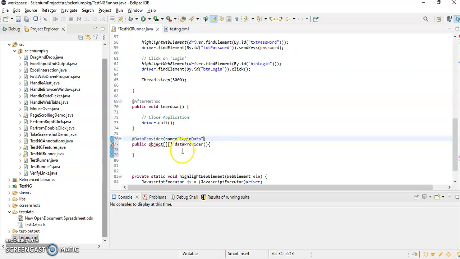Okay, so now I have to create one object, so I'll just write here object and I'll name it as data is equal to new object, and here I have to provide the size of two-dimensional array. Okay, so I'll give here 4 and 3. That means I have to pass 4 sets of data. Okay,